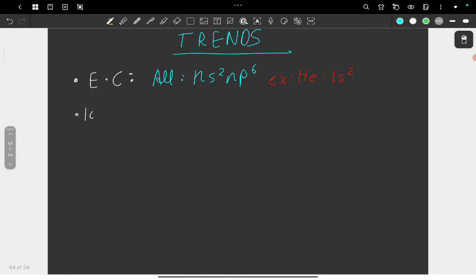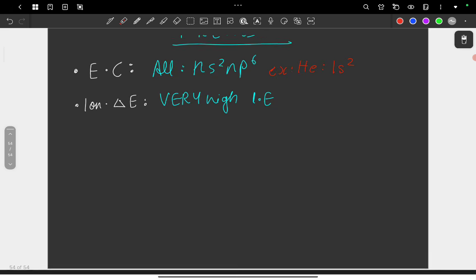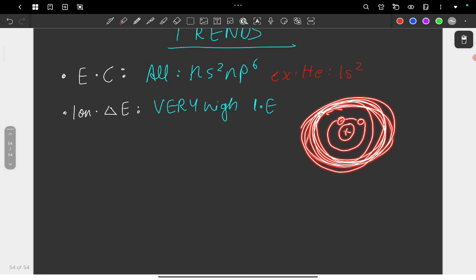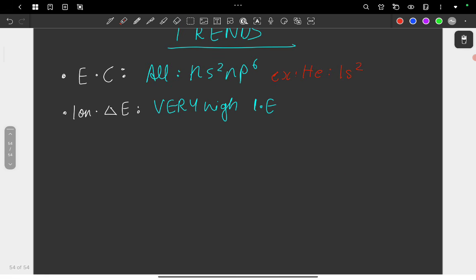Now, if we talk about the ionization enthalpy, obviously they exhibit very high ionization enthalpies. I don't think I need to explain this, but if you do want an explanation, I'll give you one. Basically, they have high ionization enthalpy because they are extremely stable. You should know for a fact that a noble gas is one of the most stable elements in the entire periodic table. And in order to take out one of these electrons, you have to provide an abysmal amount of energy.